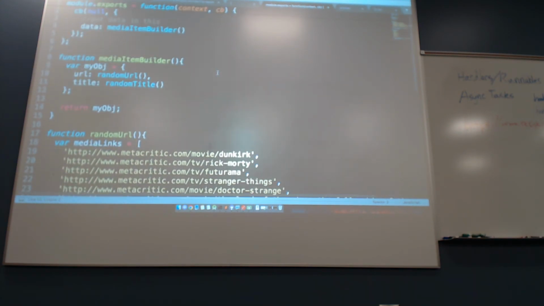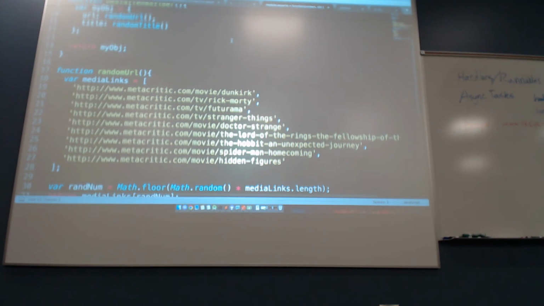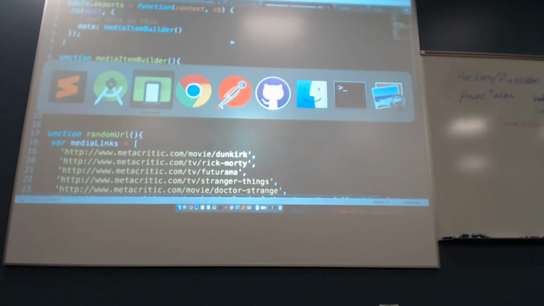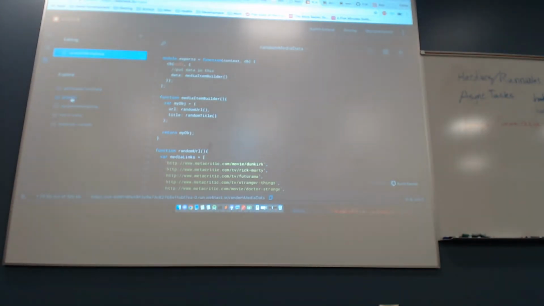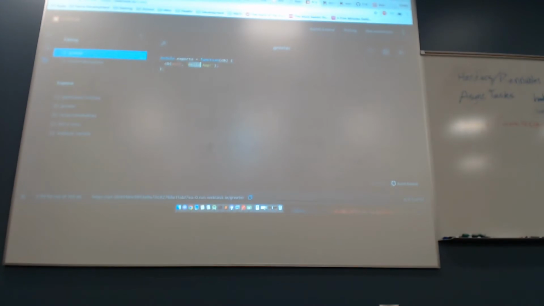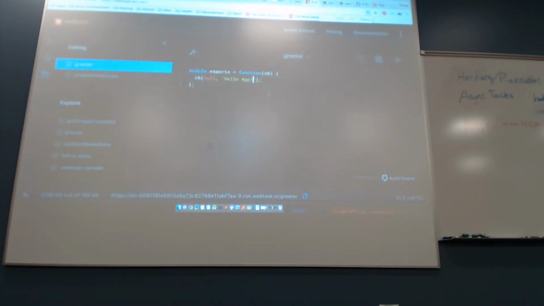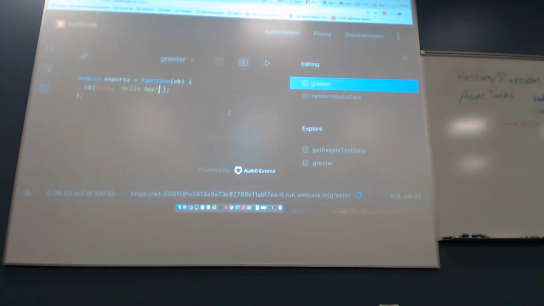Sweet. But yeah, so this is all running. Well, not this one, but the other one is just the same kind of concept. And it just returns hello, and that's it. Doesn't really do a great job of showing the concept, but